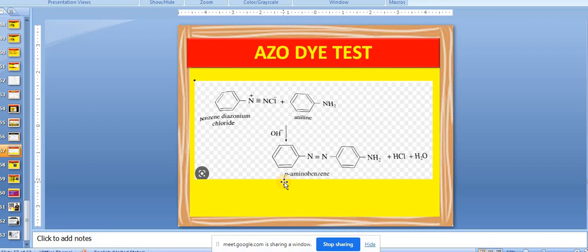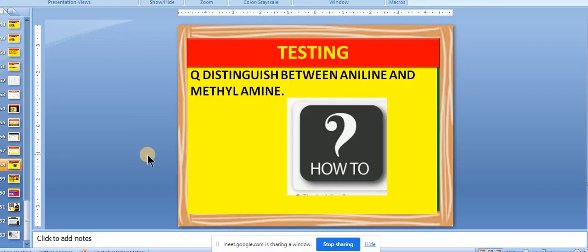So please don't miss the temperature and pH conditions for the dye test. If you do not write them, the reaction will not take place and the marks will not be awarded. Both things will happen. Now, next, this is the question. This question can only be done by the dye test. No other test we can apply. Is it fine for everyone? Are you clear about the concept?